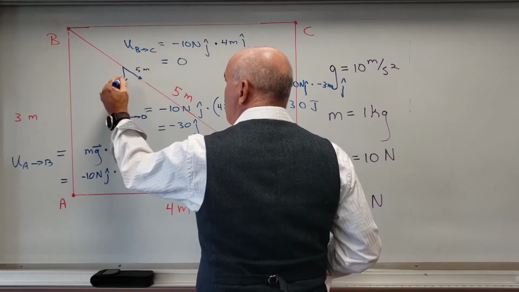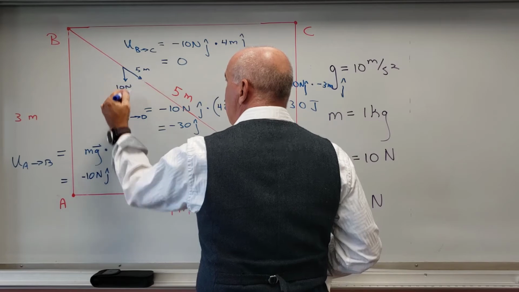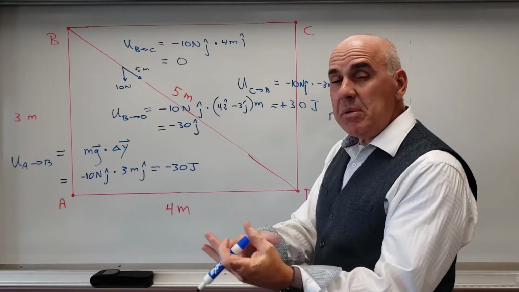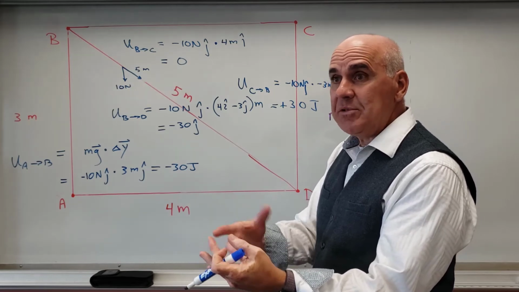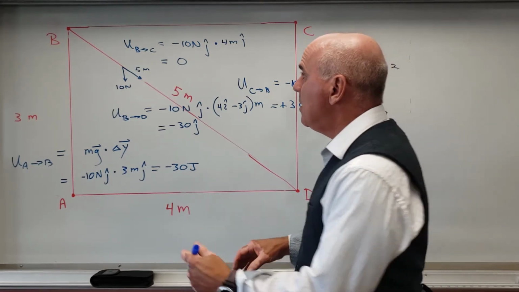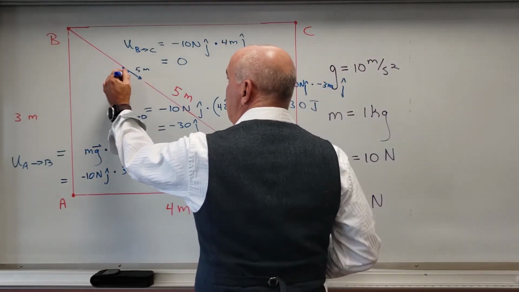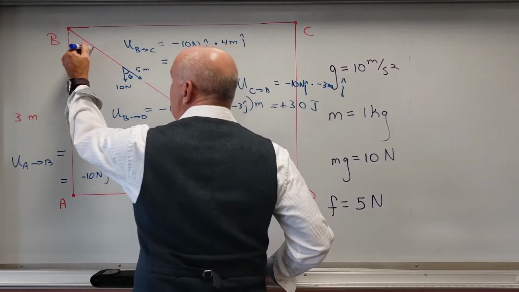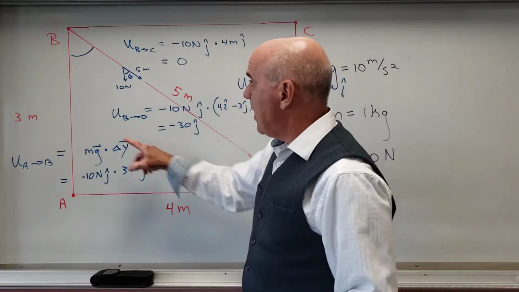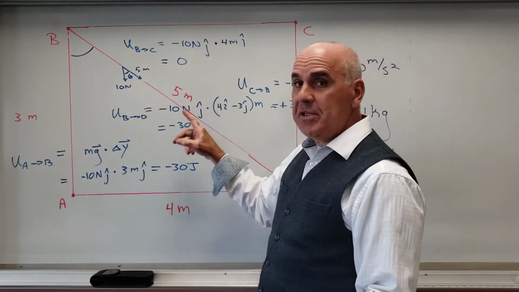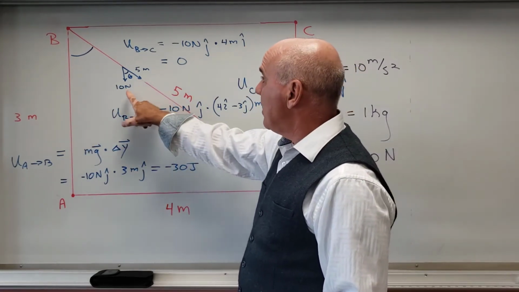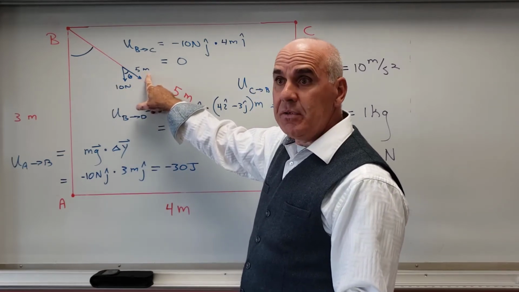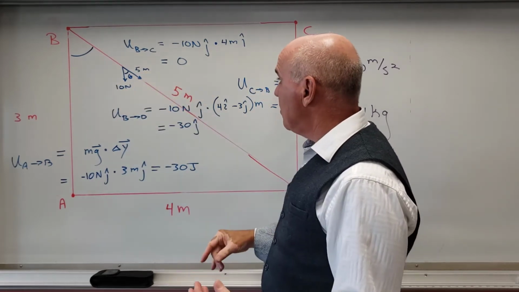And then my force is 10 newtons in that direction. And it's force times distance. Remember, it's dot product: force times distance times the cosine of the angle in between. Well, here's the angle in between. And the cosine of that angle is the same as this angle right here. The cosine of that angle is 3 meters over 5 meters, or 3/5. So I'm going to get 10 newtons, 5 meters times 3/5, and that's going to equal